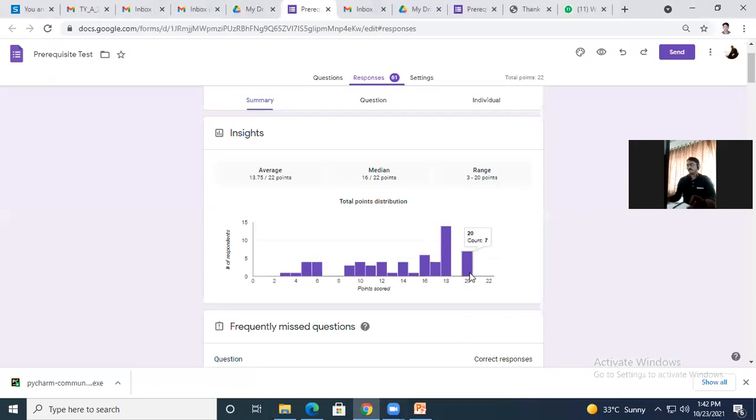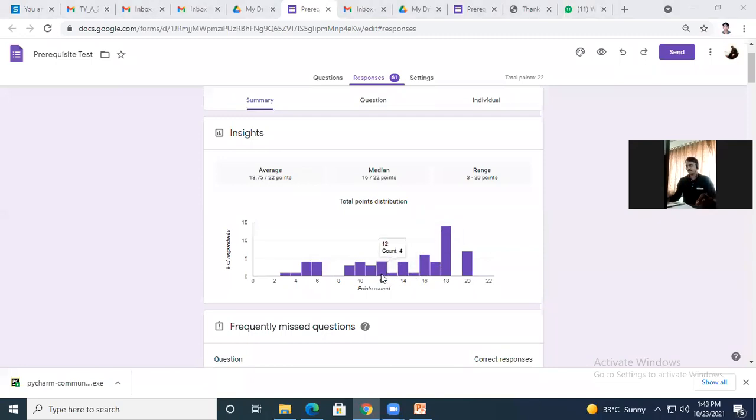There are 7 students who got 20 out of 20. 14 students out of 61 got 18 marks out of 20. 7 plus 14, that is 21. Now 4 students got 17 marks, and 6 students are there.